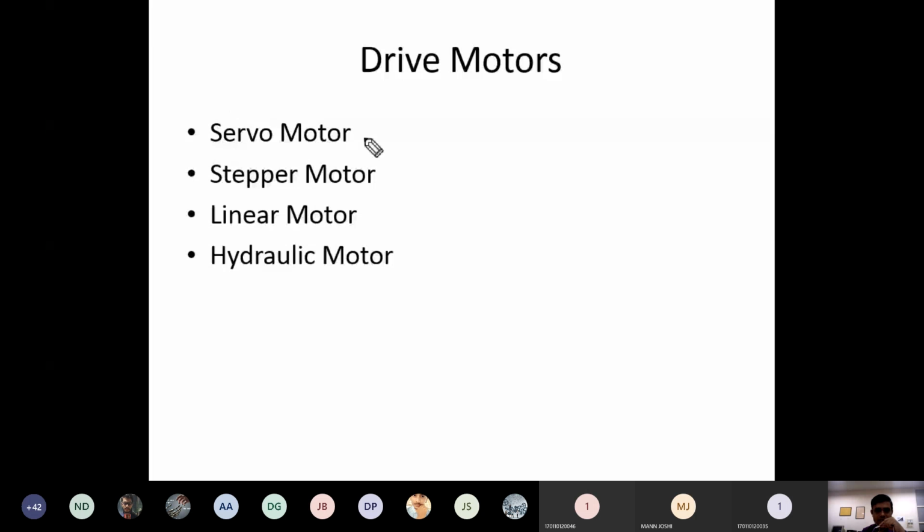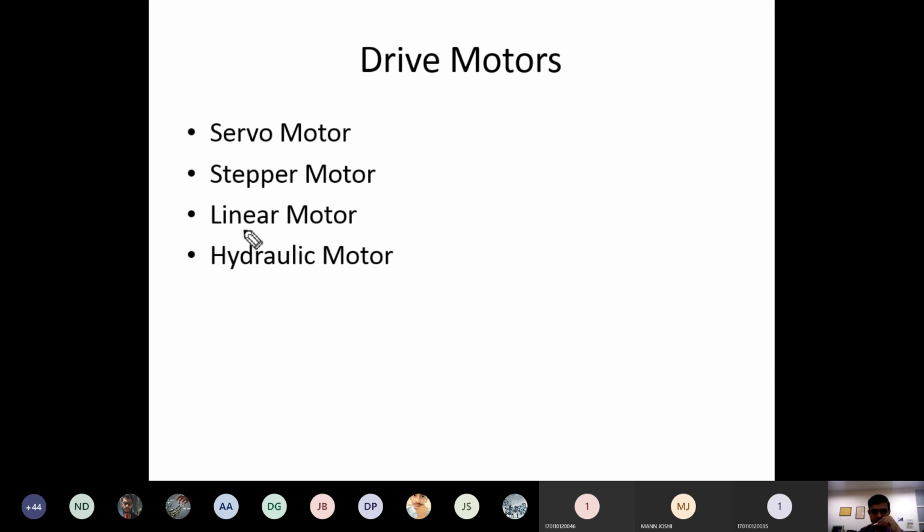When we are using the stepper motor, as I have already discussed in the first practical, the stepping angle or step angular motion is required, and there is no continuous motion. Suppose in a turret, some step angle is required, at that time we use a stepper motor. There is no feedback device required for the stepper motor, we only get the angular position. So at that time we use a stepper motor. I hope you are clear about that.